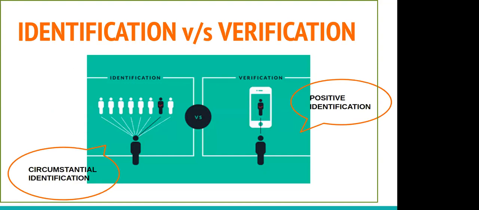So in identification, what happens? Suppose there was a dead body at a scene. You have recovered that dead body and you want to know who that questioned dead body belongs to, or what the identity of the individual is. So then you go and search the database of all the missing individuals in that specific area, and you have a list of multiple people, and then you compare the descriptives of that dead body with all the descriptives of those individuals who are missing from that specific area. So it's a 1 to n comparison. That is what we call identification.